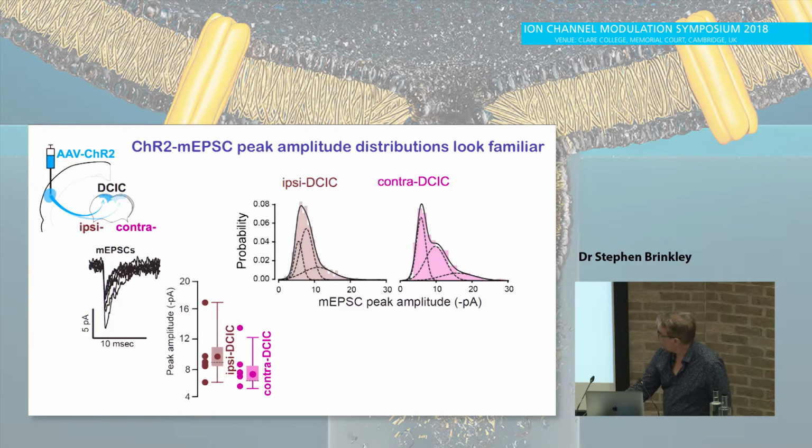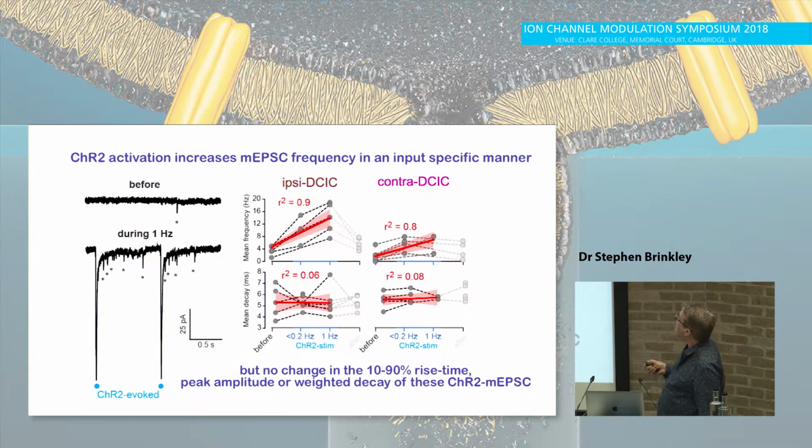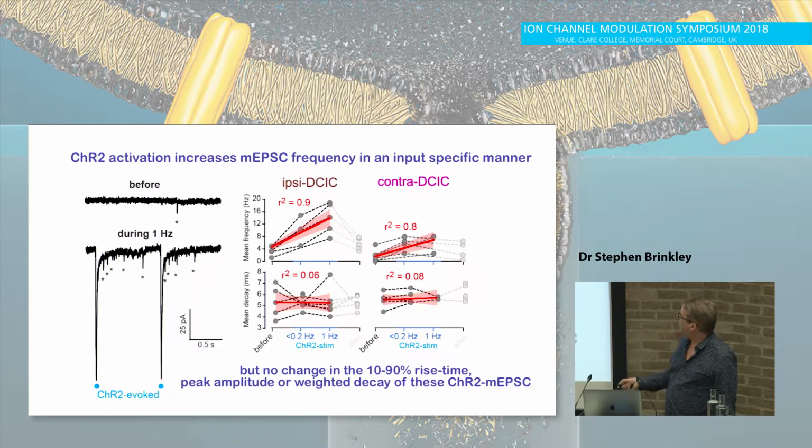Now, we also did this. I didn't show you the channelrhodopsin evoked minis. So this is stimulating at 1 Hertz, 1 every second. In between these evoked events, which are in the presence of TTX, of course, we see minis, and it clearly increased in frequency from the control data. This is at 0.2 Hertz, this is at 1 Hertz, and in terms of mean frequency, they increase, and then when you stop, they come back down again.